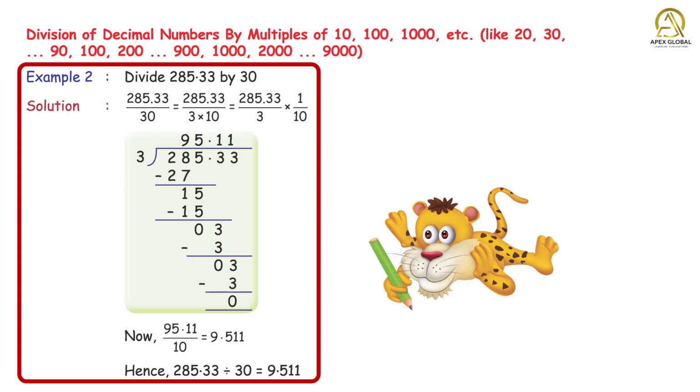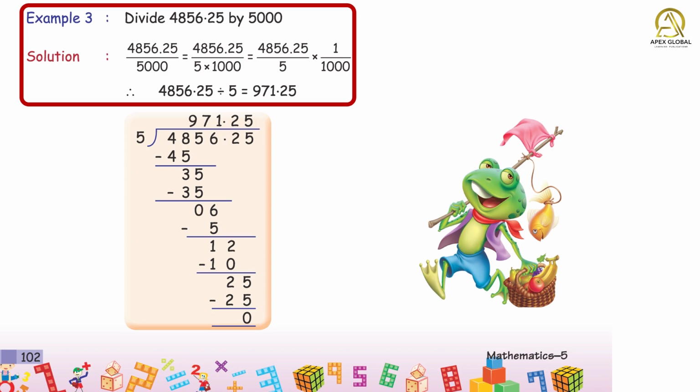Solution: 285.33 divided by 30 equals 285.33 upon 3 into 10, which equals 285.33 upon 3 into 1 upon 10. Now 95.11 upon 10 equals 9.511. Hence 285.33 divided by 30 equals 9.511. Example 3. Divide